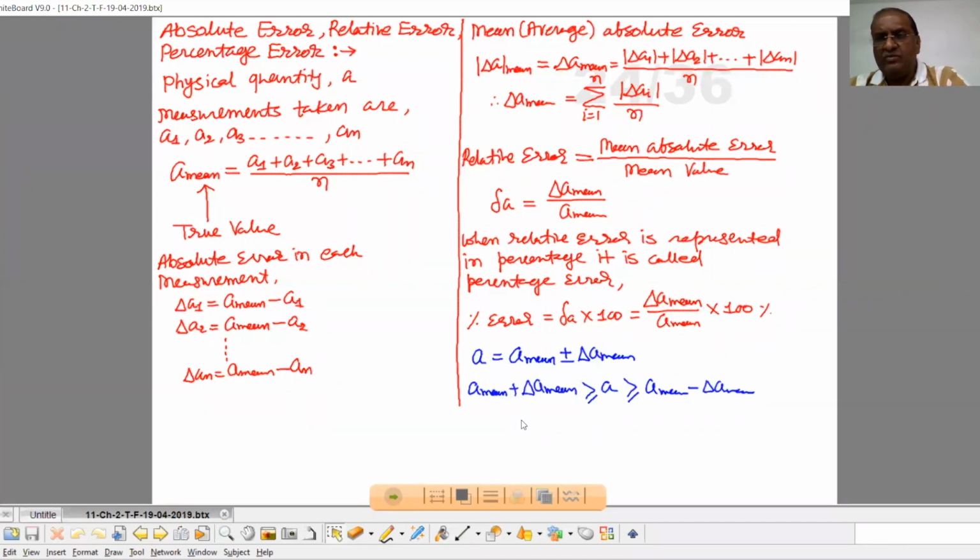One, that is instrumental error, which is a part of systematic error. Second, that is imperfection in experimental technique. And third one, that is personal error. So in these three ways, systematic error appears. Systematic error is always either positive or negative. But first of all, let's try to understand this particular thing,